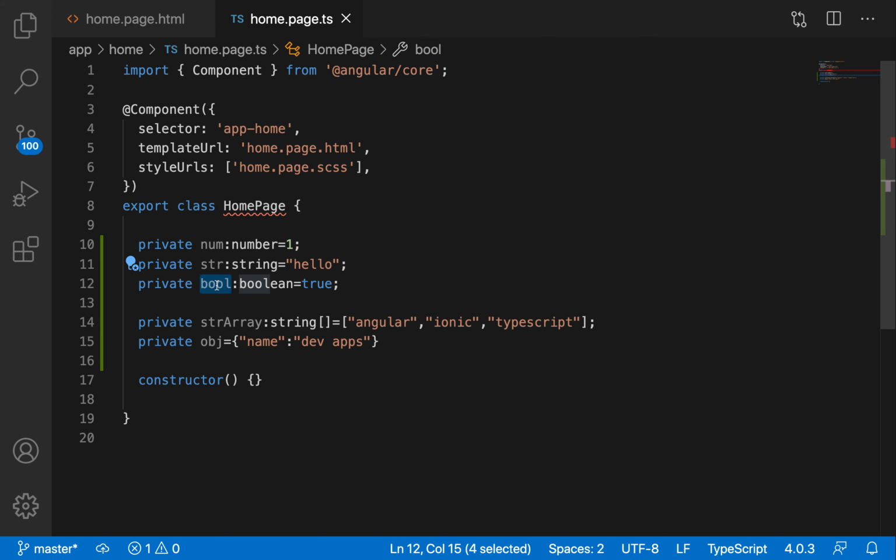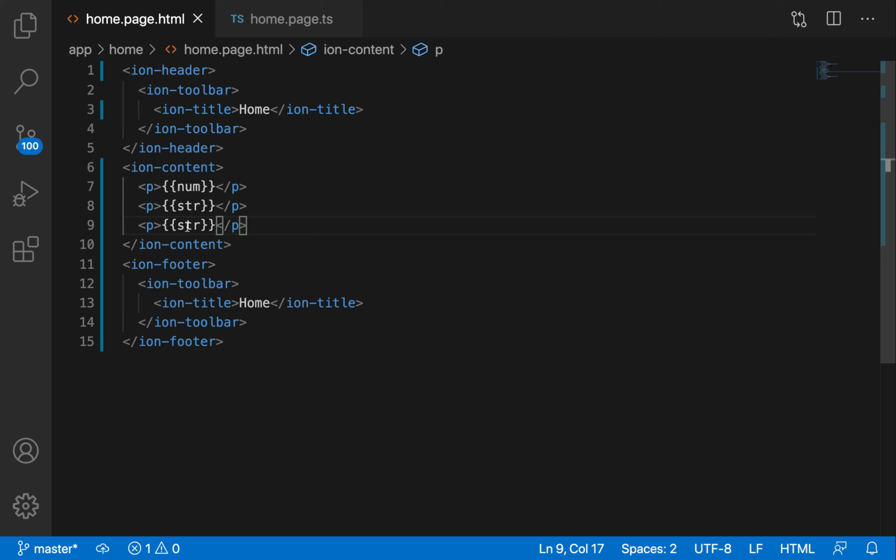So basically this is nothing but your string interpolation. You are declaring some variables inside your TS file, and whatever data is there in the variables, you are displaying in the HTML page with the help of expressions. So this is basically the one-way binding technique.